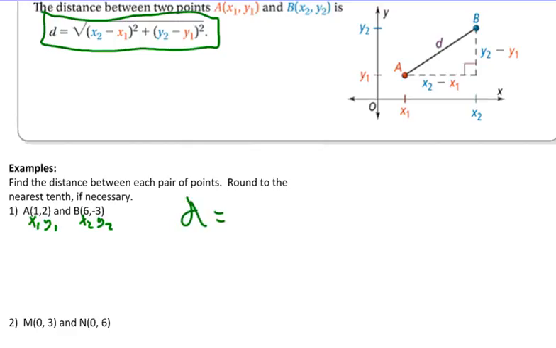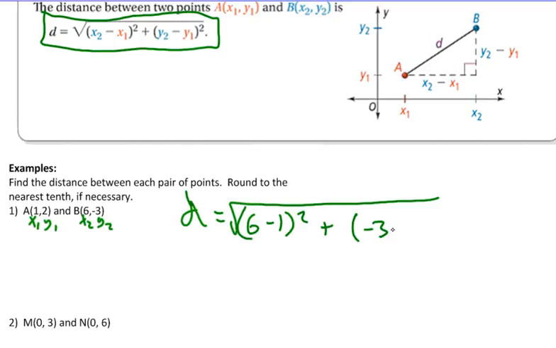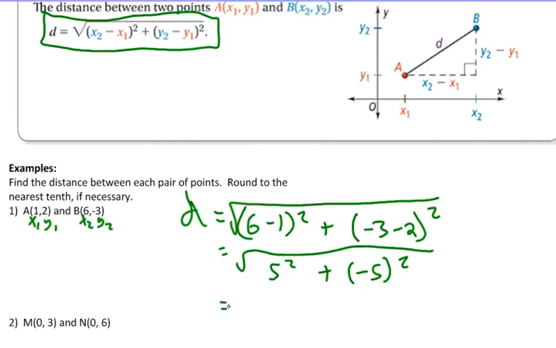So the distance between those 2 points is the square root of the x2 is 6 minus the x1 is just 1. And that's squared. Plus the y2 is negative 3 minus 2. And that is squared. And simplifying, we have the square root of 5 squared plus negative 5 squared, which would be the square root of 25 plus 25,